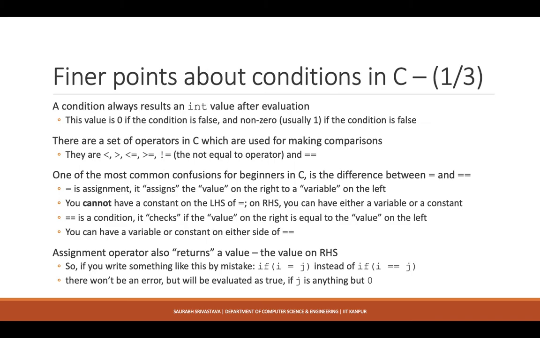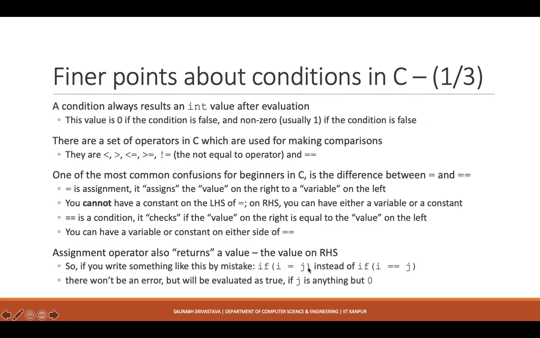The assignment operator also returns a value, by the way, the value on the right hand side. So if I say something like I equal to 5, what really happens is that this not only assigns the value 5 to I, it also returns it. So if I put this particular statement inside brackets, there will be a value that will be returned. And what will that value be? It will be the value on the RHS, j.